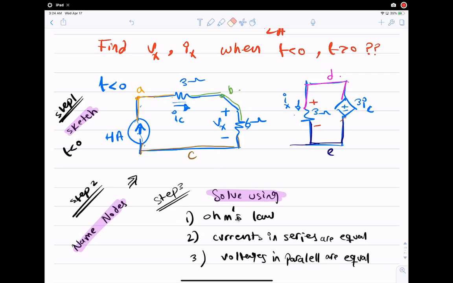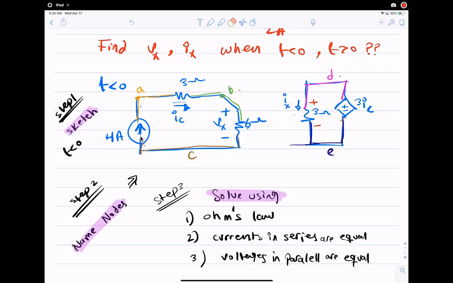First, always remember Ohm's law. Second, remember that the currents in series are equal and voltages in parallel are equal. If we look at this left loop, I have a current source. That means the current here, since the current is not splitting, it will be the same. So the 4 ampere, it will move this way, continue this way, continue this way, continue this way, without any